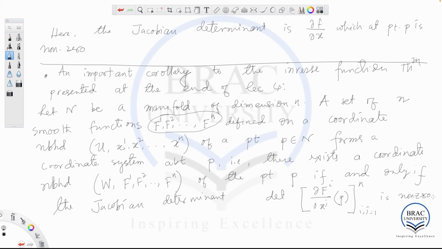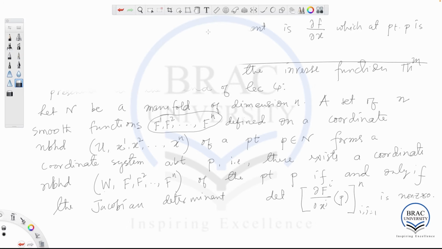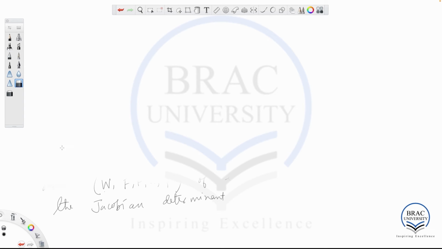It's about changing the local coordinate functions from x1, x2 all the way up to xn to f1, f2 all the way up to fn. So it's a change of local coordinates. We are able to do so if and only if the determinant of the underlying Jacobian matrix is non-zero. We can always change coordinates to new local coordinates if the determinant of the underlying Jacobian matrix is non-zero. So using this corollary to the inverse function theorem,